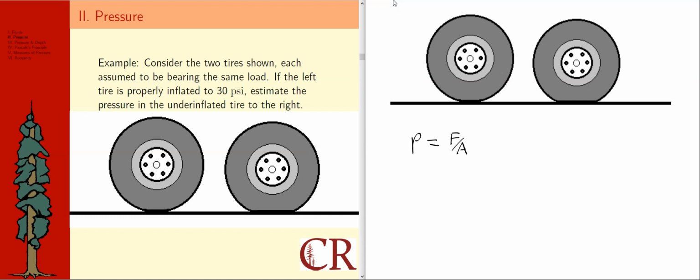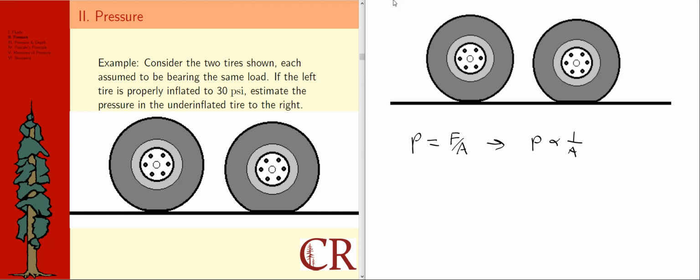so maybe one is on one side of a car and the other's on the other side of the car, and if the car is reasonably symmetric, that means the same force is being applied to each one, which really means each tire is bearing the same upward normal force onto it. The relationship, therefore, of pressure and force over area suggests that pressure is inversely proportional to that area, which, if